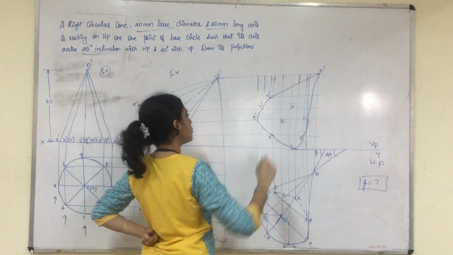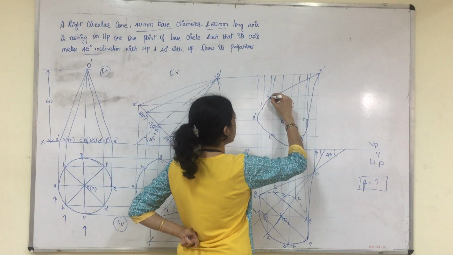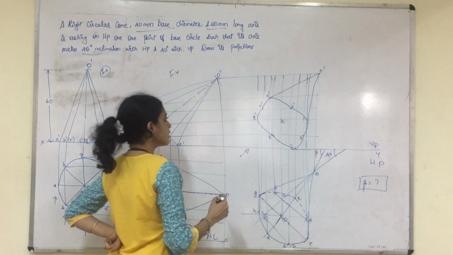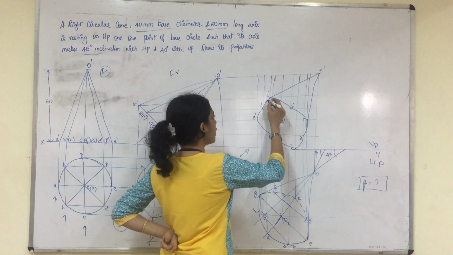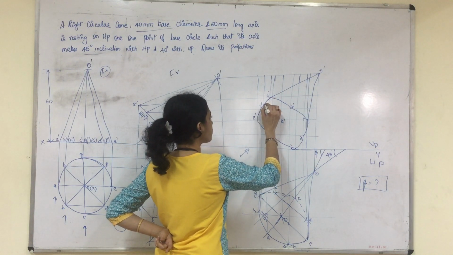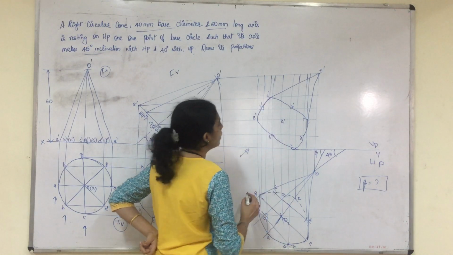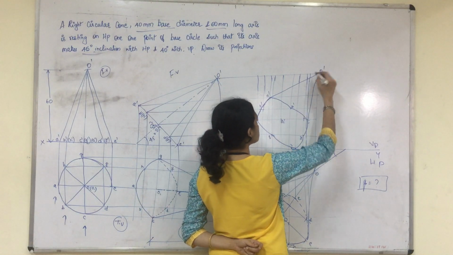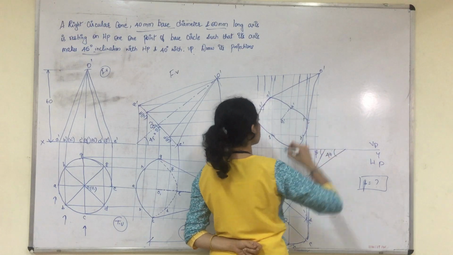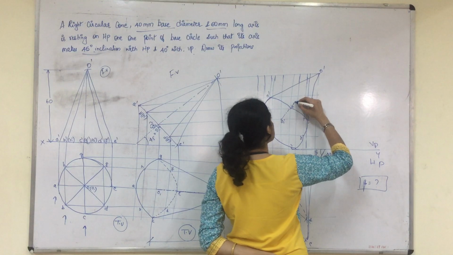So this is the outer boundary, but when the observer views from here, the entire base circle will be visible. So you will join the base circle. So this will be the final view. You have to draw it as a smooth curve. Okay. So from the center O1 dash to O, you will show the axis line. It is passing through inside the surface, so this much you can show as an axis line which is passing through inside the surface.